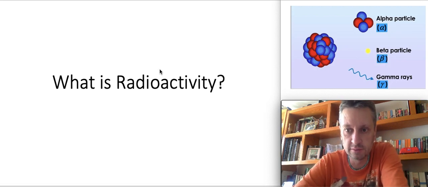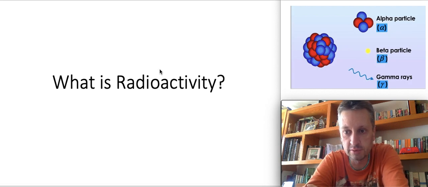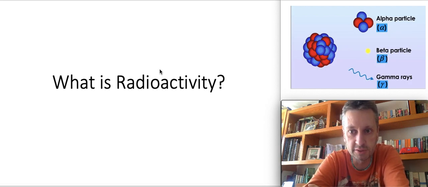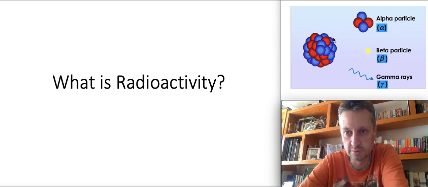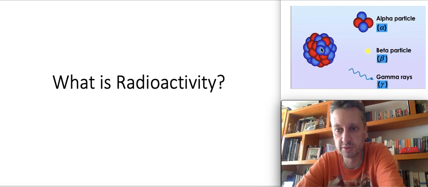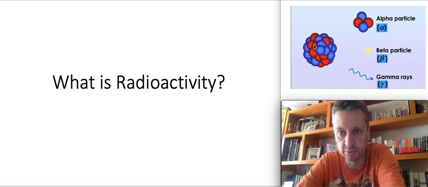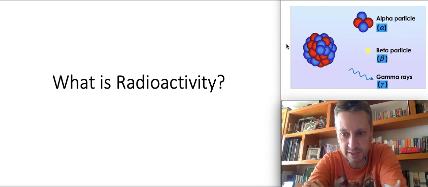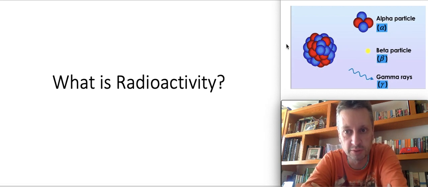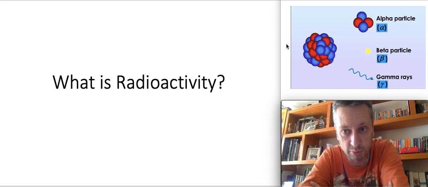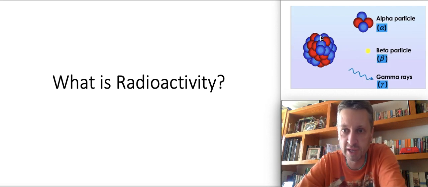So first of all, what is radioactivity? Basically, it's when you've got an unstable atom or an unstable nucleus, and that nucleus needs to become stable. It's basically unstable because it has too many neutrons. You already know that there's two types of particles inside a nucleus. There's protons, shown here in blue, and neutrons. Basically, if a nucleus has too many neutrons, it's unstable, and it can become stable by either spitting out this, we call it a particle, but it's